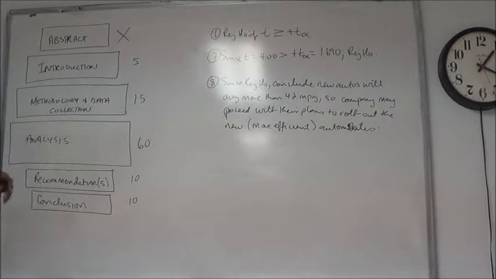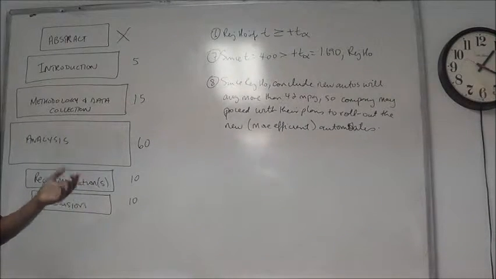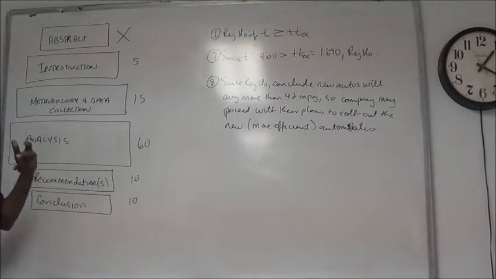Then the analysis is now, what did you do with the data? How did you use it? What techniques did you use to solve the problem? Are you going to use sampling and sampling distributions from chapter 7? Are you going to use confidence intervals from chapter 8? Are you going to use hypothesis testing from chapter 9? Are you going to use a combination of those things? Are you going back to chapter 3 to analyze the data first and then find the means and all that stuff? All of that needs to be culminated here, which is why it's 60%.